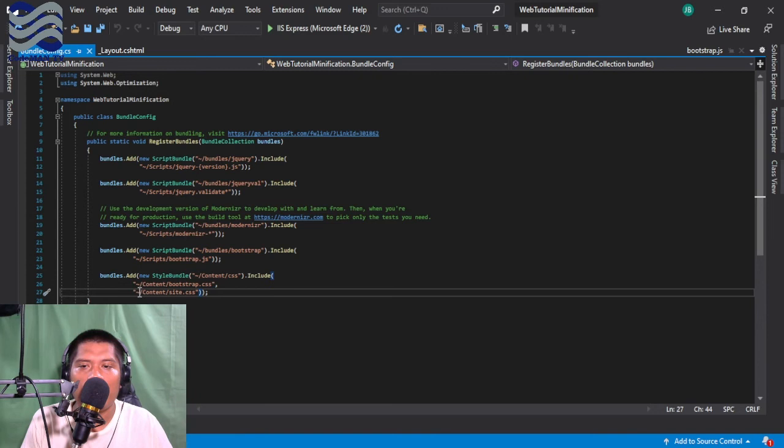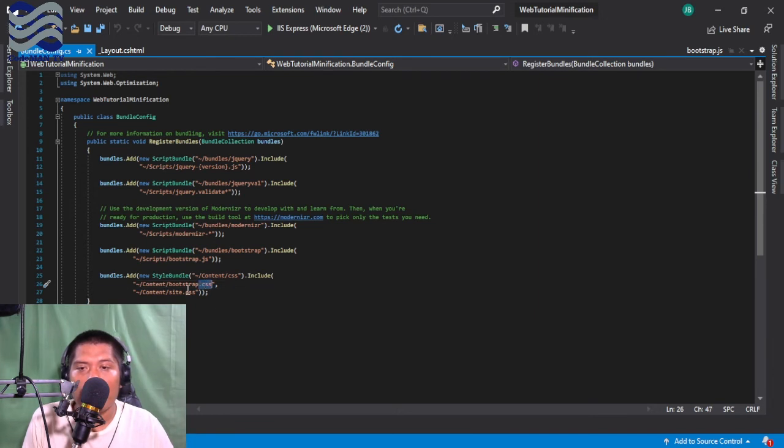So let's say, for example, this is a, okay. So a little bit more explanation about this, guys. So hopefully you will not be confused. So basically, the address at the top is a virtual address. This is the virtual address of a lot of bundles of files that should be minified on runtime. Now, what is in it is actually the real address of the physical file of